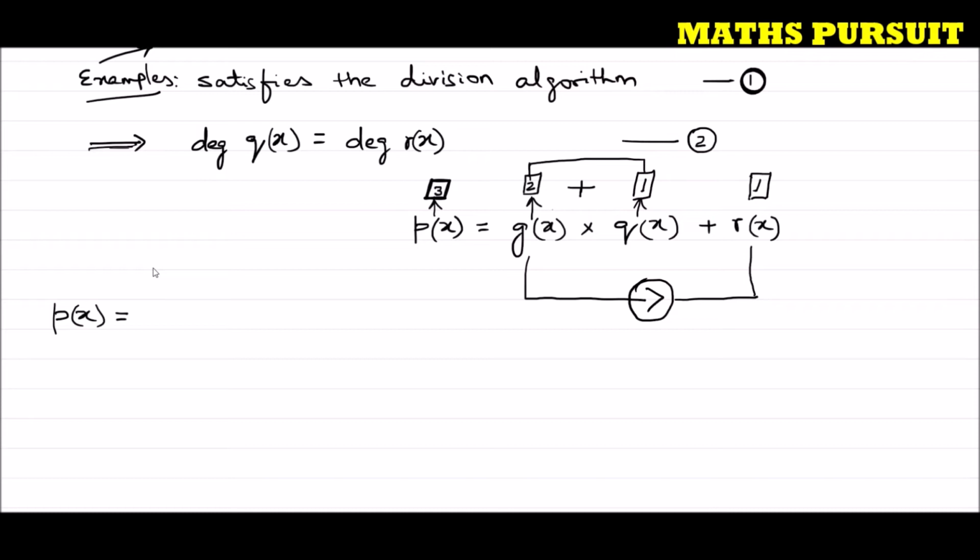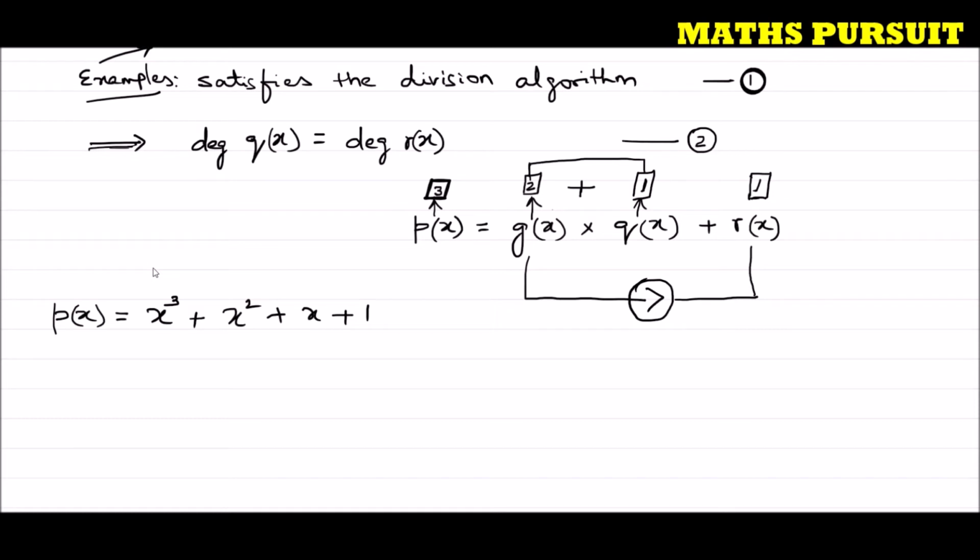Now let px is equal to x to the power 3 plus x to the power 2 plus x plus 1. So you could see that we have considered the polynomial px is equal to x to the power 3 plus x to the power 2 plus x plus 1, and you could also see that the degree of our px becomes 3, because we have considered qx as 1. Let me repeat again. You could see that we have considered the degree of qx is 1.